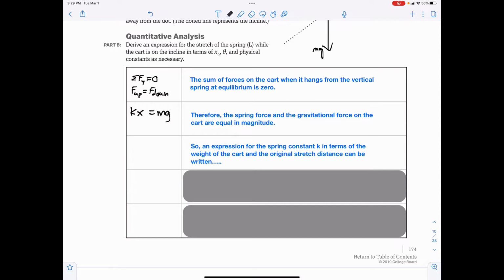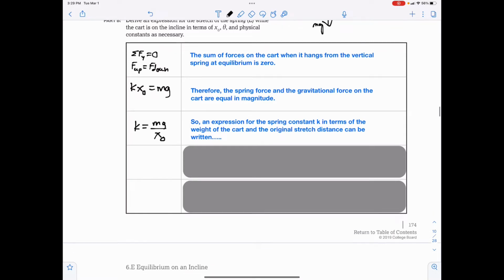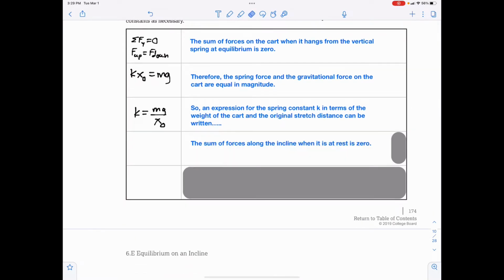So the expression for the spring constant can be written in terms of the weight of the cart and the original stretch. So let's solve for k. To do that, we're going to divide by x. So k is equal to mg over x. Now, it's mg over x naught, because this was kx naught. The sum of the forces equals 0 when it's at rest on the incline. So we just figured out